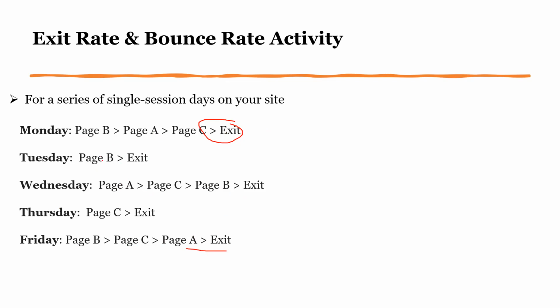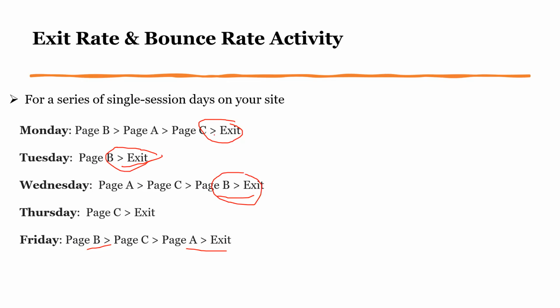For B, let us say B exit is hit. Second, there is an exit. On Monday, B was visited. Tuesday, B was visited. Wednesday, B was visited and exit as well. Thursday, no B. Friday, B was visited. So at 2 points, B was exit. So it is 50%. Now coming to C,